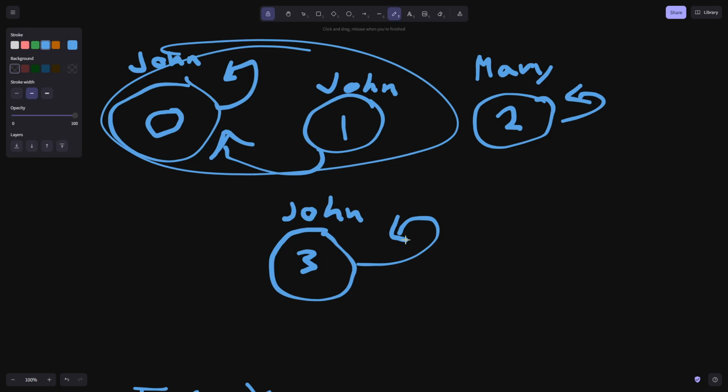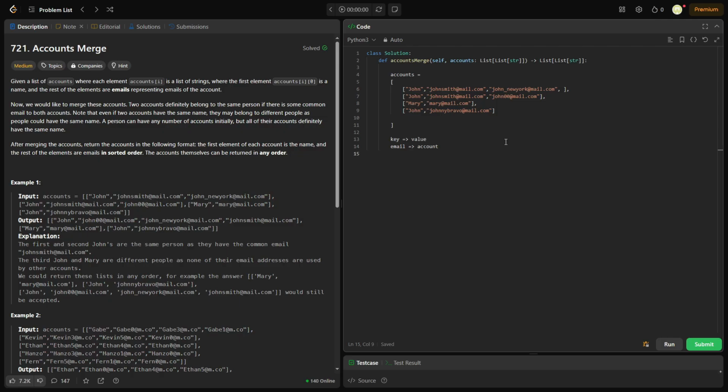Okay, we're assuming these are all disjoint sets, and when we find something that proves these are not disjoint sets, we need to basically merge them. That's what we're doing. And by the way, that's why I said we're going to have a hash map where the key is the email. That's why the account index, right? The account index is the value in the hash map, because an email points to whatever the account index is